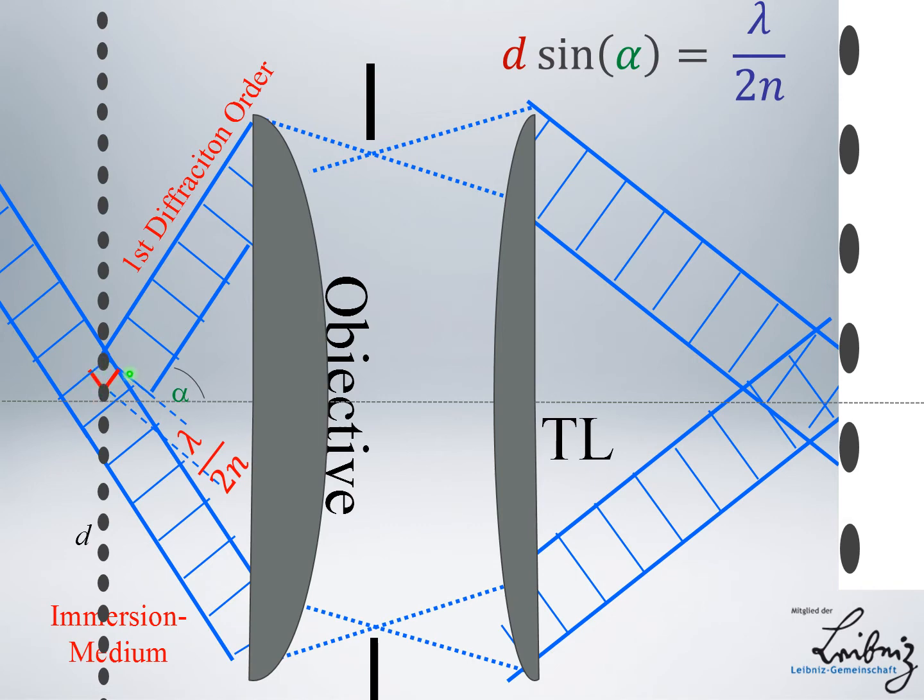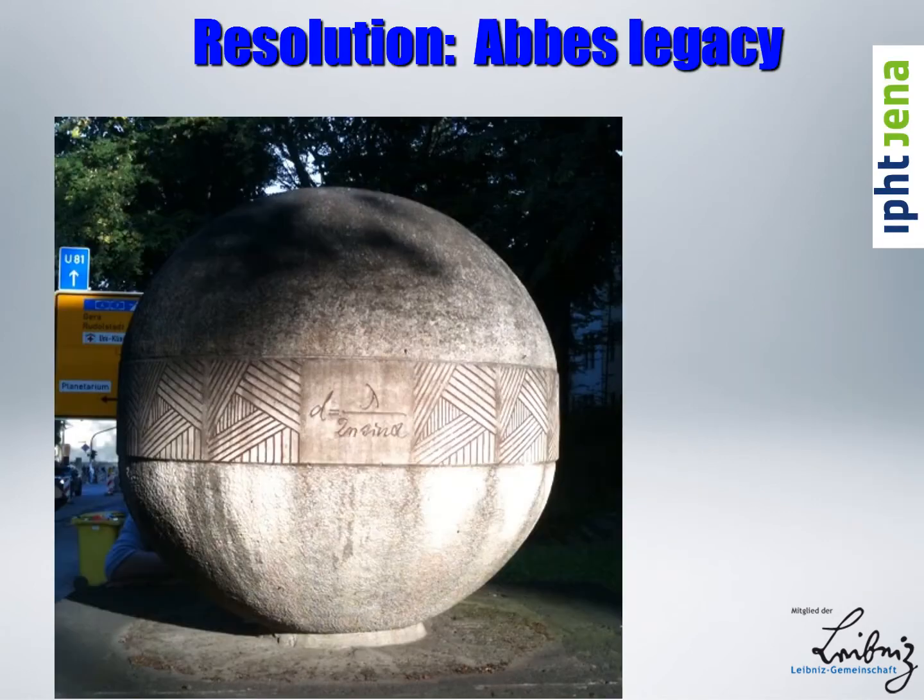well, this can be a lambda over n, and therefore this distance here is only lambda over 2n. And so then we have sine alpha is lambda over 2n, and that gives us Abbe's famous equation, that is written in stone here. So here you see the equation,